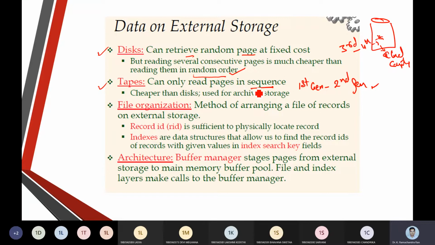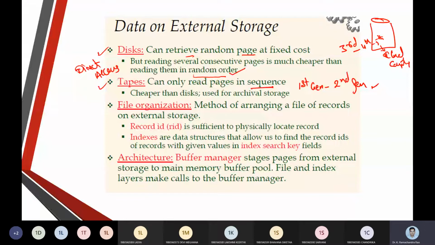In disk structure, people go for random order, which we can call direct access memory. At whatever point of time, at whatever location we want to move, we can navigate.